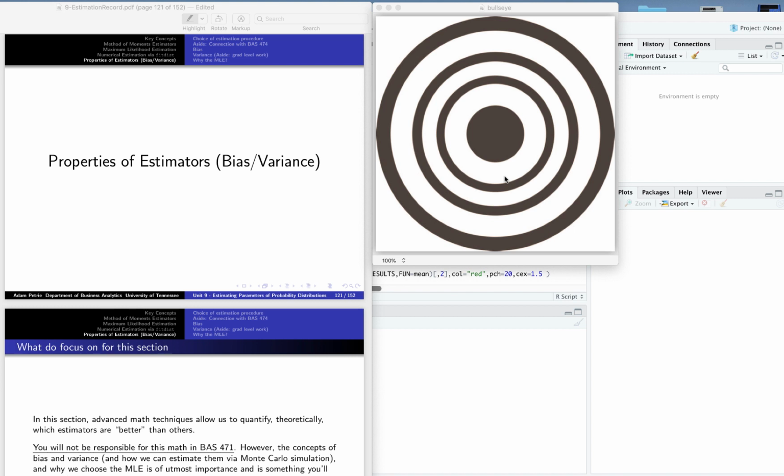I want to finish off our discussion about estimation by talking about what sets one way of estimation apart from another. In other words, how can we determine which is the better of two different ways of estimating an unknown quantity? And throughout our discussion on Unit 9, we've talked about the methods of moments way of making estimation, where